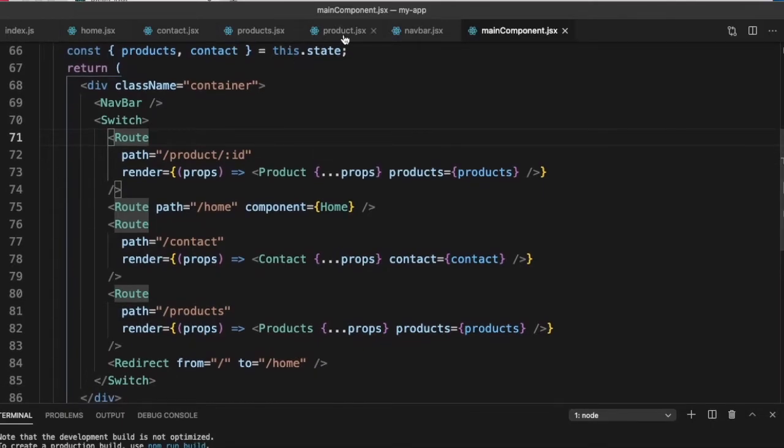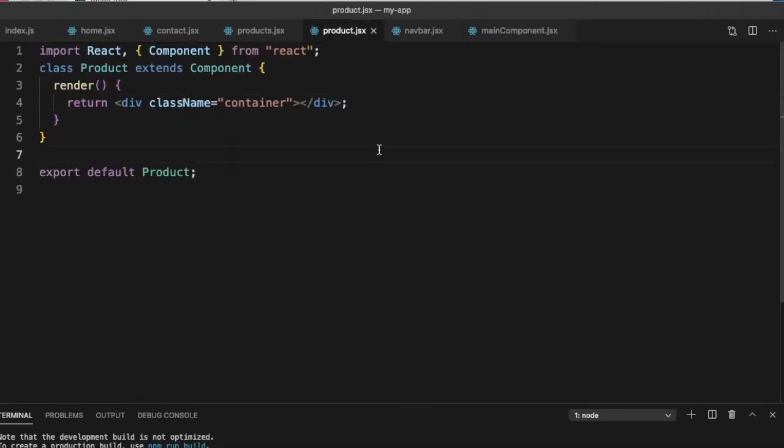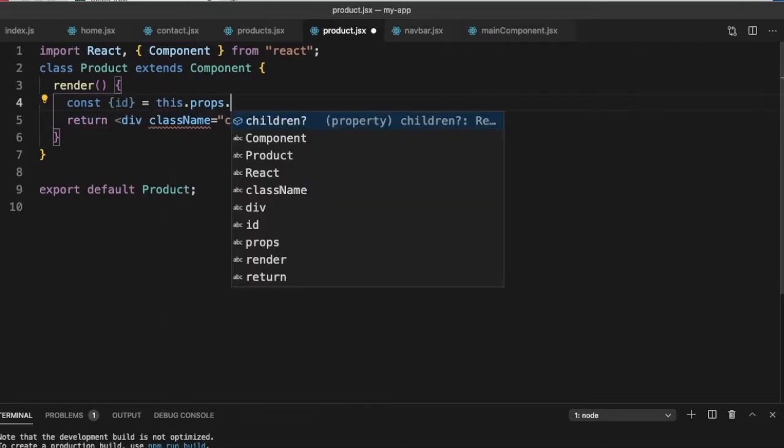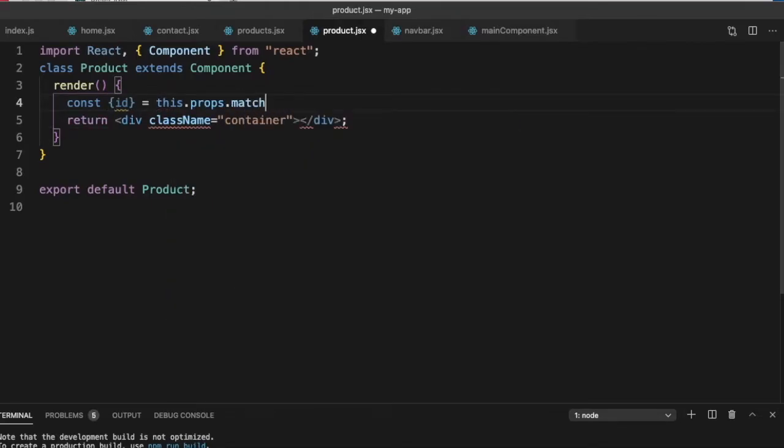Let's go to our Product component. So we have a standard simple Product component here. This is where we would need to render it. So in our render, how do we get this ID? The way to get this ID is, let's just say const this dot props dot match dot params.